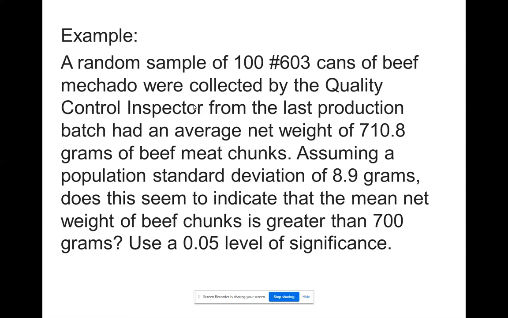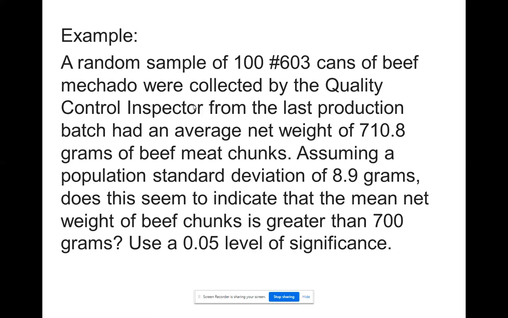Now, you're all industrial engineering students. Okay, so dapat it's related to yung mga problems natin related sa pagiging IE natin. Okay, what if one of these days, graduate na kayo, will be assigned as quality control inspector. Okay? Yung claim ng company nyo that your product, okay, for example, the product of your company is can mechado,